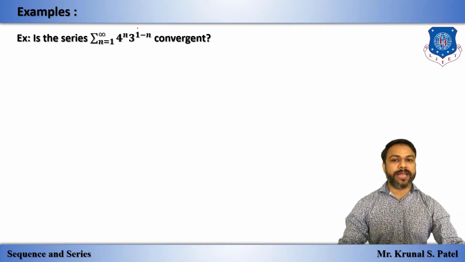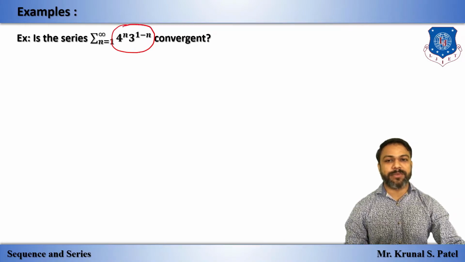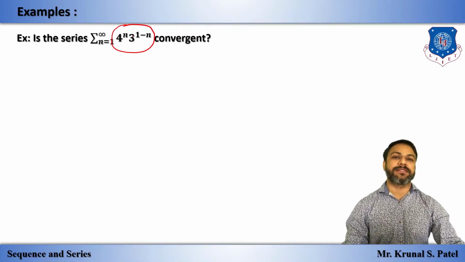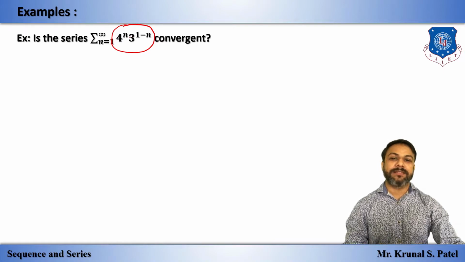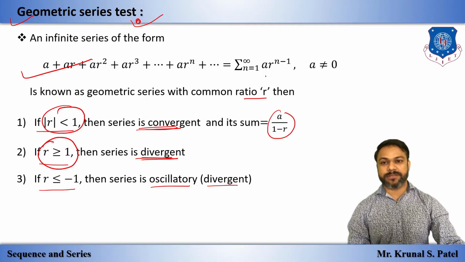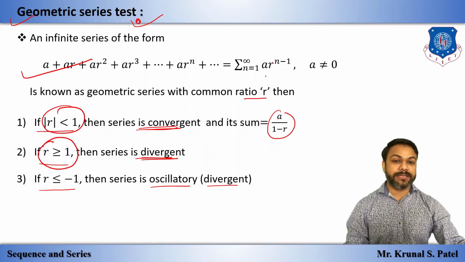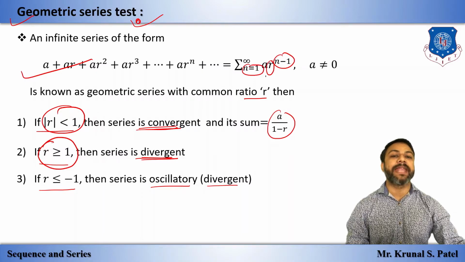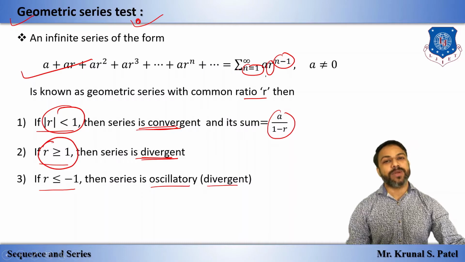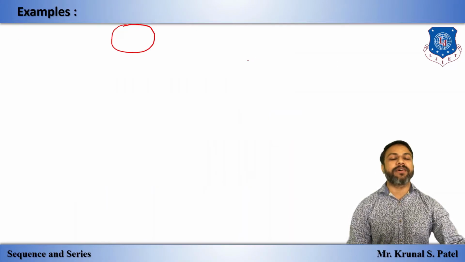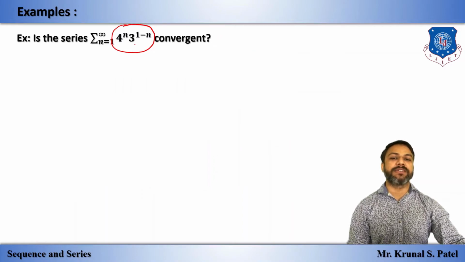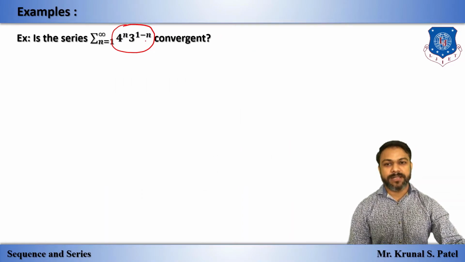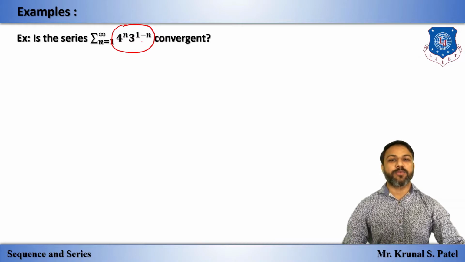By looking at the question, the first impression gives that this is a geometric series, because in a geometric series there is one rule. Which rule? Here you can see that something is raised to a power, and this power is of the form n. So something raised to n, where the base is a number raised to n. Whenever a number raised to n is given, then it is a geometric series. We just have to rewrite it in the proper form.